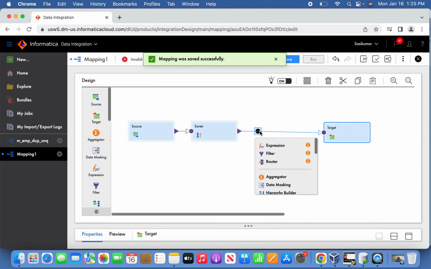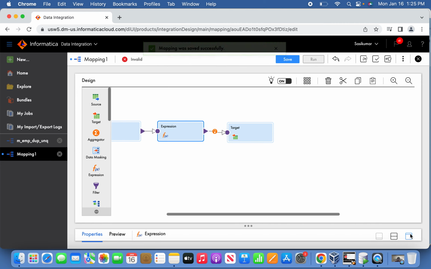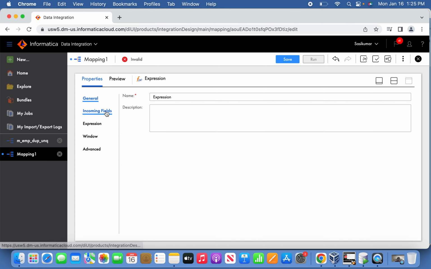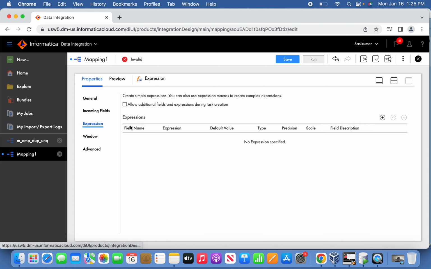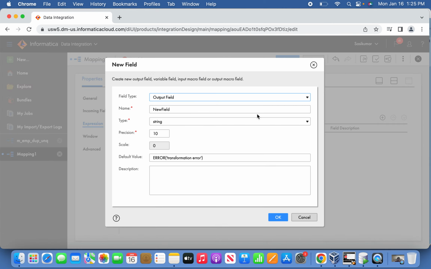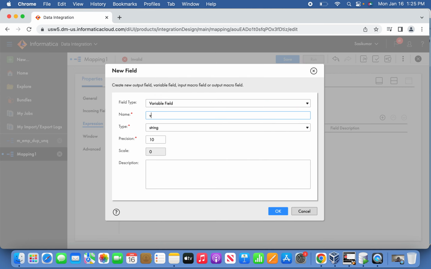In this expression transformation, again we use the incoming fields from the sorter as they are, and additionally we are going to create variables here. See, v_